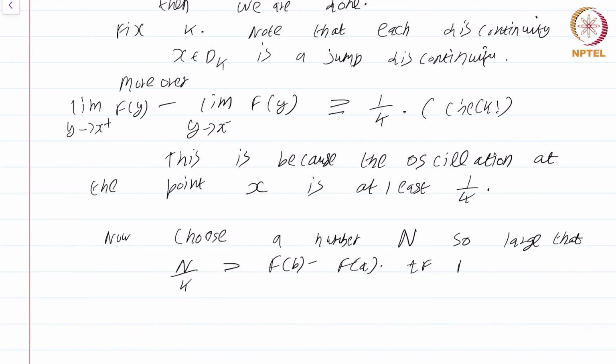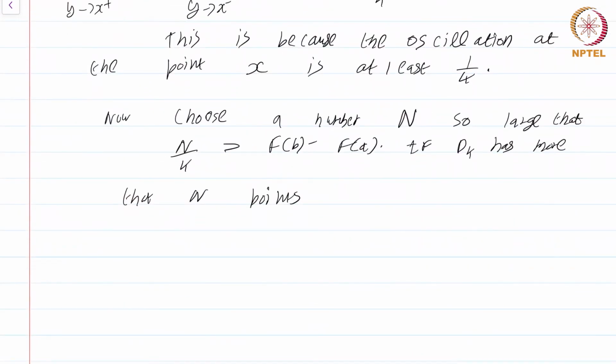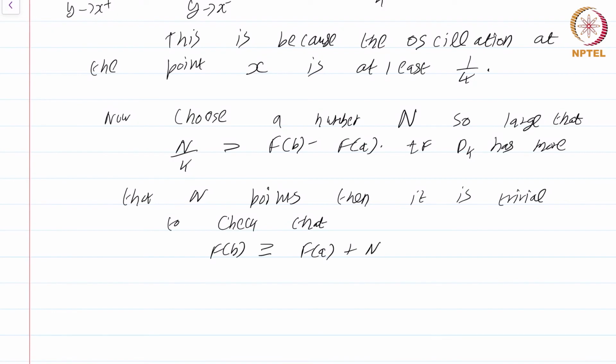If D_k has more than capital N points, that means there are at least N places where the jump is at least 1 by k, then it is trivial to check that f of b is strictly greater than f of a plus